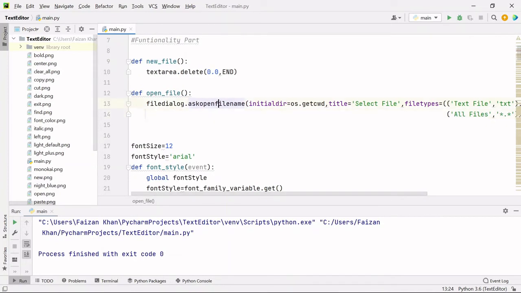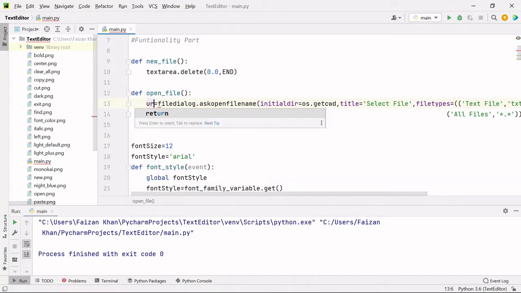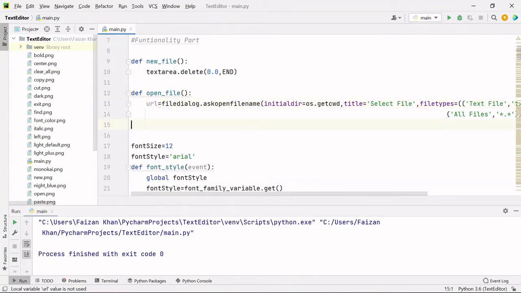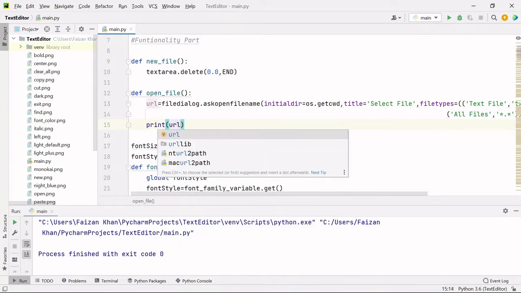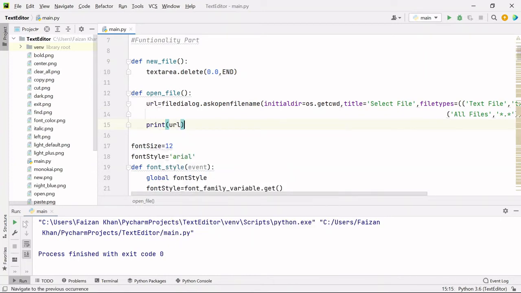So this method will give us the URL of whichever file you will select. Okay, that I can store in some variable, for example url, and then I can print it. So here I'll write print(url) so that you can see what is inside this variable. If I run it,